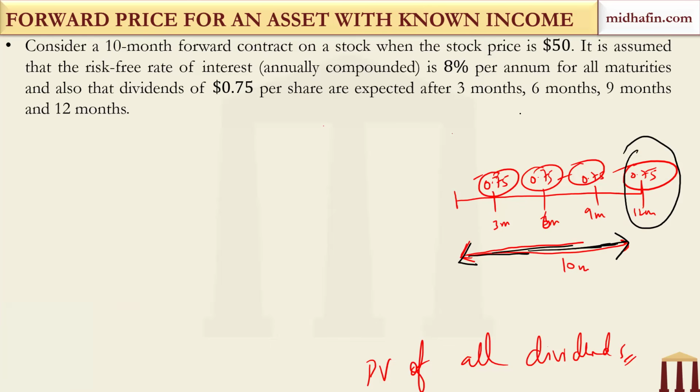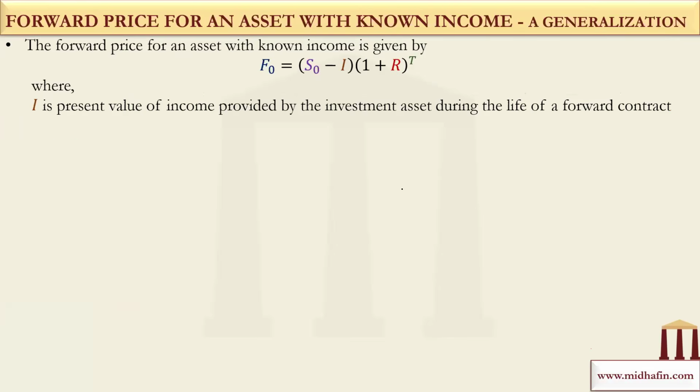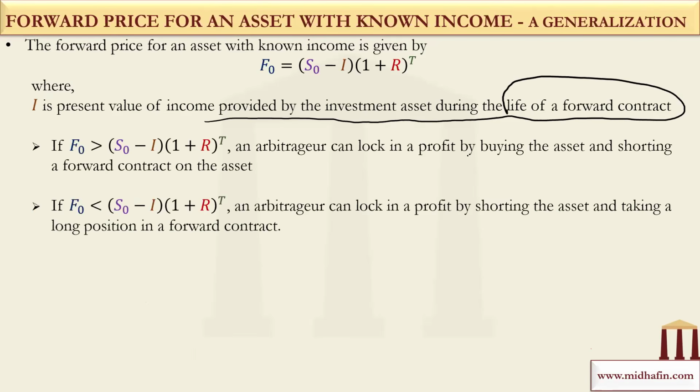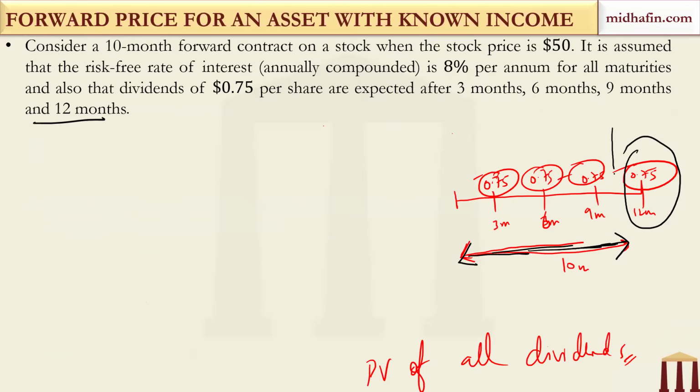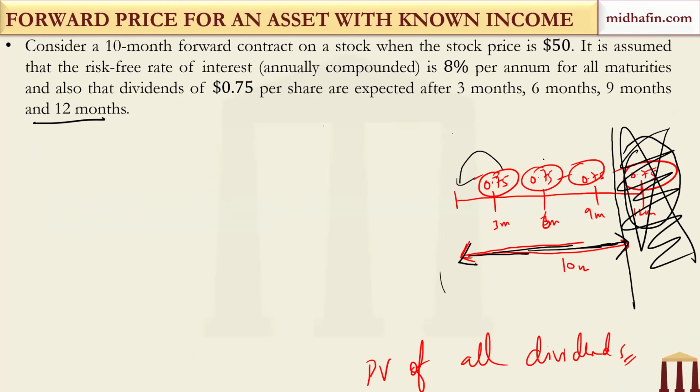That is why deliberately I have added 11 months to this question. Because if this is given in the exam, you have to be sure that I is only the present value of that income provided by the investment asset during the life of the forward contract. So once the life of the forward contract is over at this point, you are not interested in any future income, not required in your calculations. Okay. So you just consider these three. And when you calculate the present value of these three, you will get